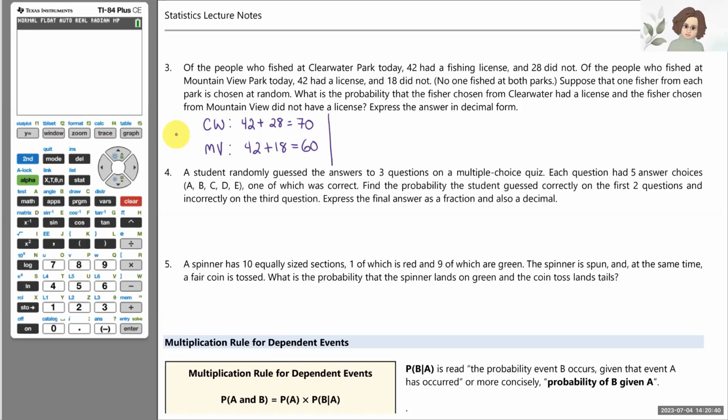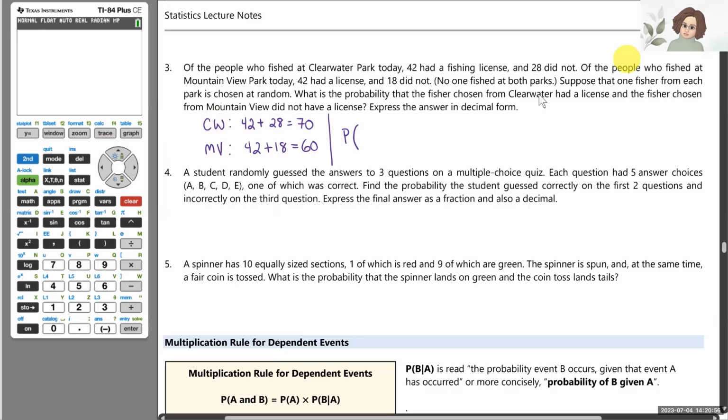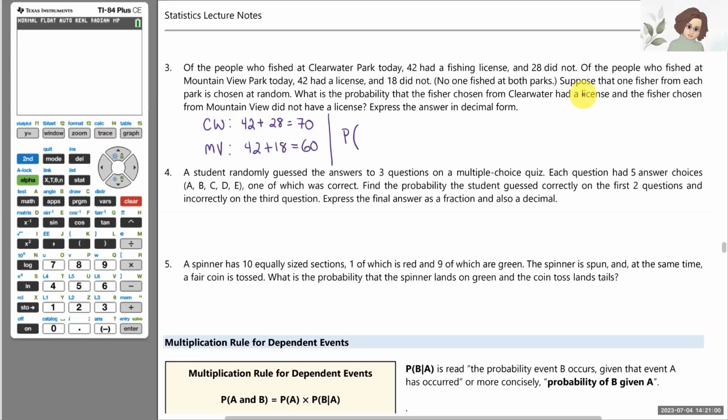Okay, so we have independent events because the person I pick from Clearwater doesn't affect what person is chosen from Mountain View Park. And in particular, we'll be looking for the probability that, I'll do a little abbreviating again. So the probability the Clearwater person picked had a license. So I'll just write Clearwater